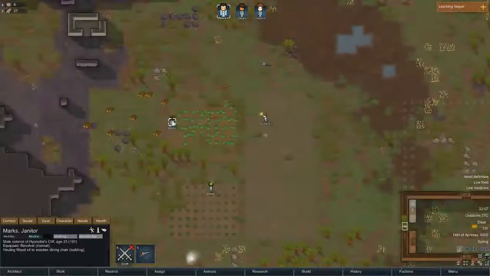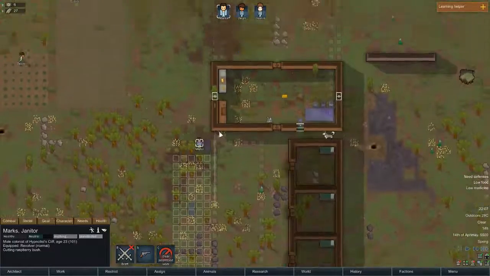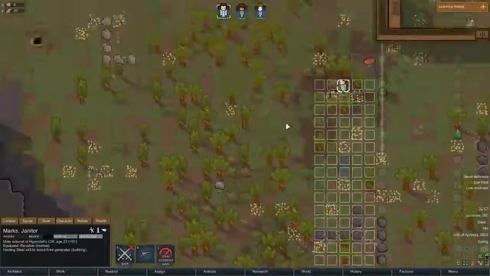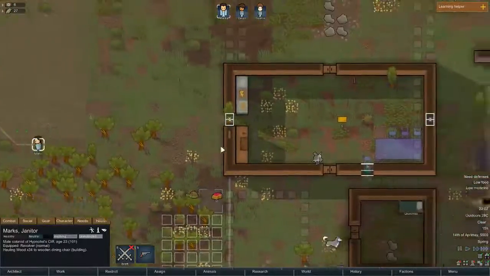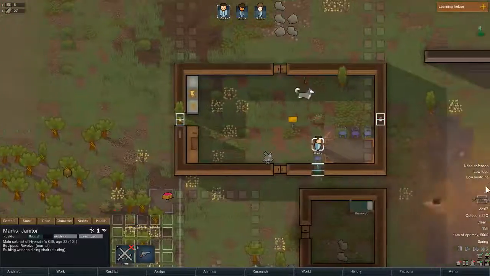So can we get you to prioritize building this? Because once that's built, then we can build the power conduits. And once the power conduits are done, then we can actually...